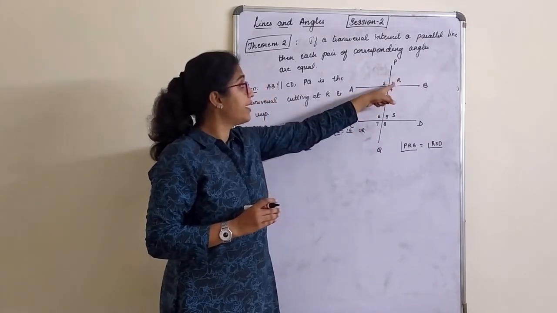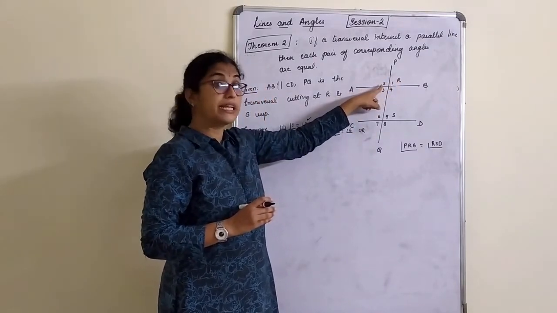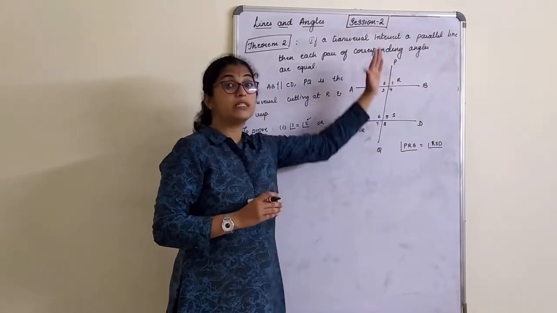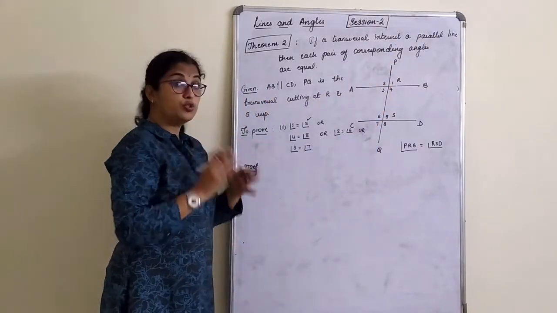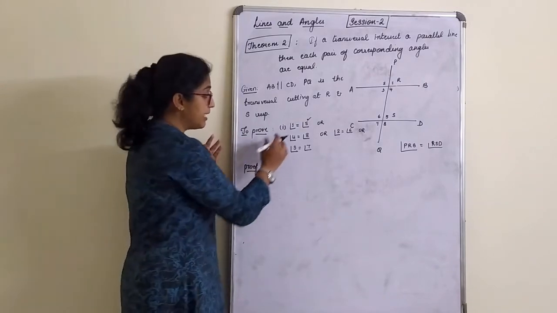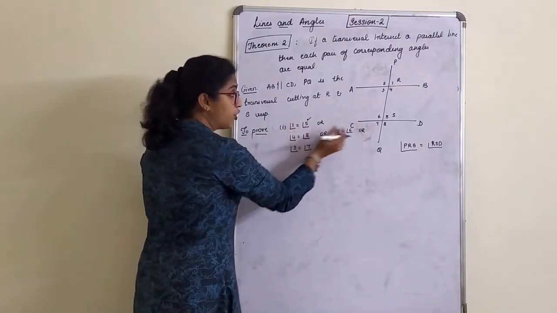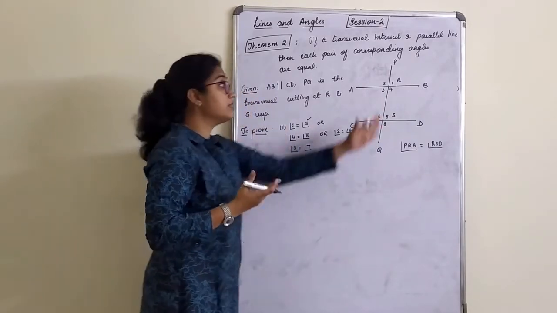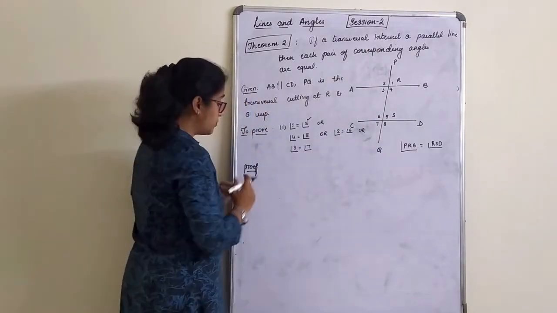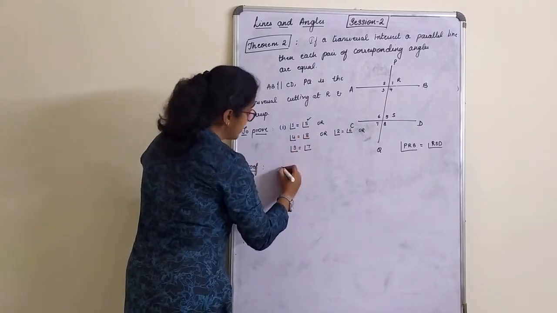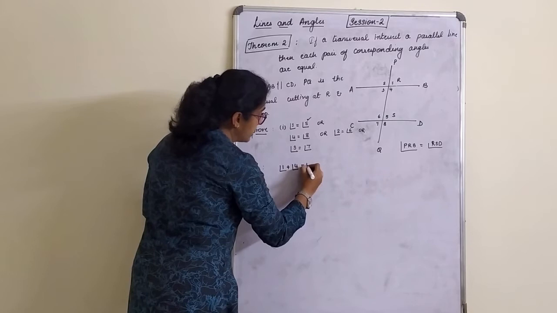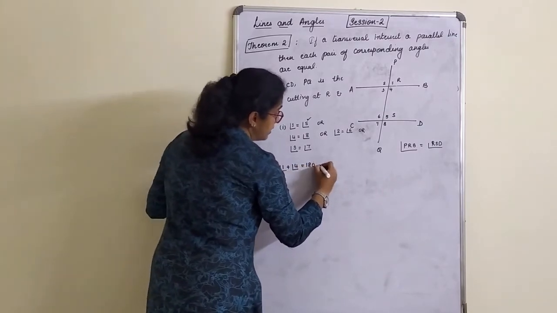Now which are adjacent to angle 1? 2 is adjacent, but I cannot use 2. Use it on the same side of the transversal. Use a linear pair such that it lies between 1 and 5, or I can choose for 5 also, but that adjacent angle should be on the same side of the transversal. So proof, first I will say that angle 1 plus angle 4 is equal to 180.